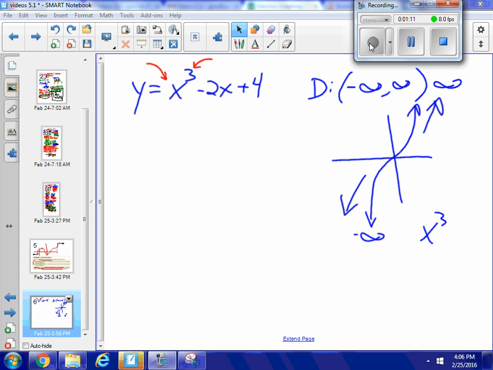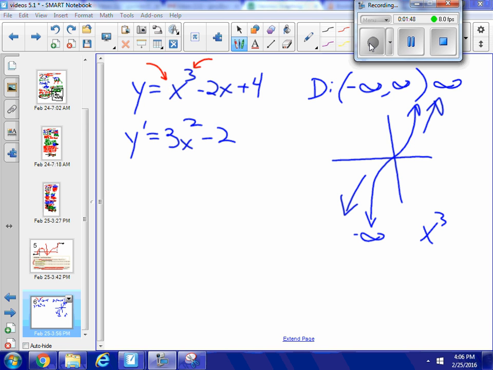Now the graph of x cubed doesn't have any absolute maximums or minimums, or relative maximums or minimums for that matter. It's just increasing the entire way. But let's see if this one does. I know that my maximums and minimums are all going to happen when the derivative either equals 0 or doesn't exist. So let's do y prime, and that looks like it's equal to 3x squared